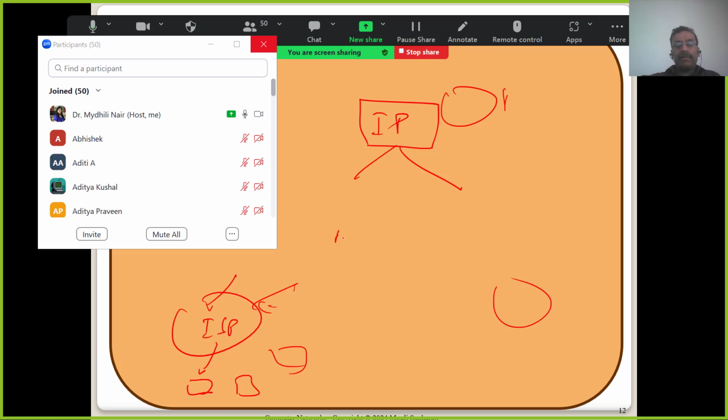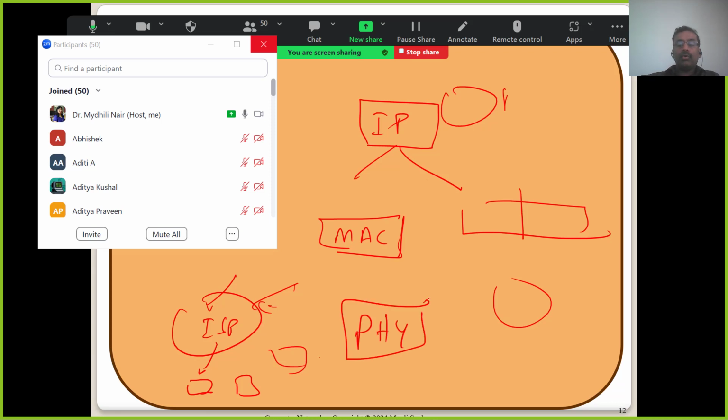Now why not MAC address? MAC addresses are specific to a company that manufactures those interfaces or network interface cards, or you may have a LAN port or a Wi-Fi PHY. We normally call it a PHY. The physical interface for Wi-Fi is called a PHY. A PHY is a device